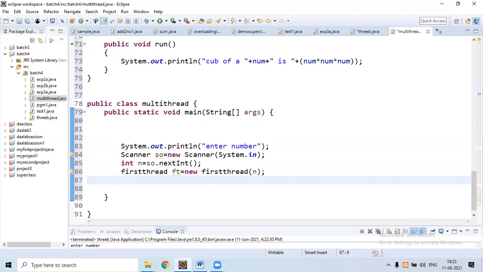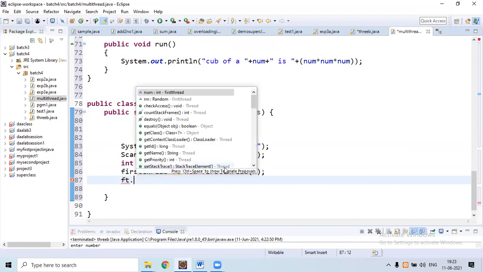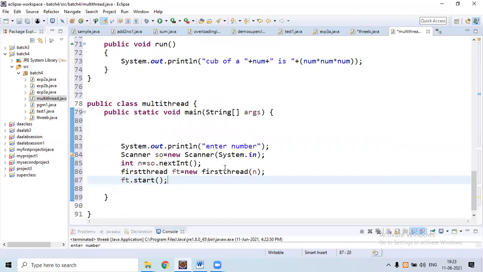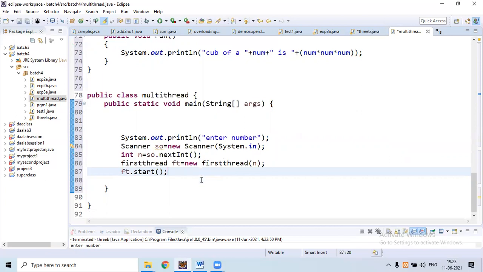Then after this, start the execution of first thread. Okay, this is the program to generate random number using one thread and compute n square using another thread and compute n power 3 using one more thread. So after this, save the program.